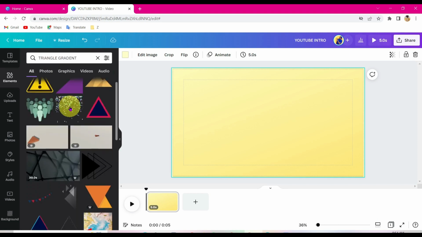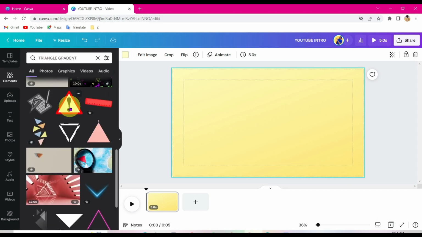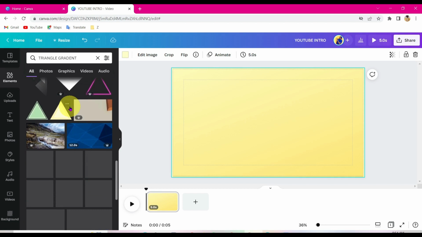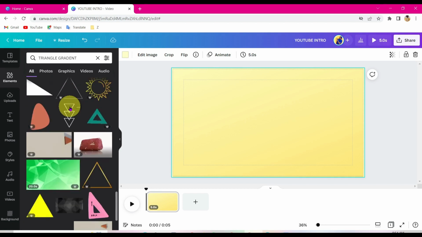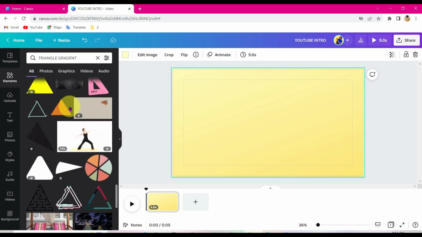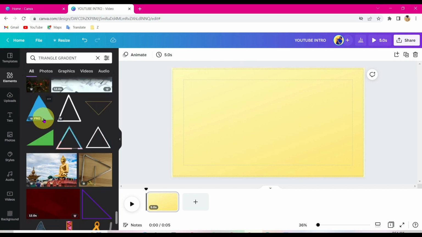You can see there's a lot of triangles that I can choose from. Let me look for one that will be perfect for my intro. I'm going to select this one. This one is for pro users, so if you don't have a pro account, you can select the one that does not have any crown on it. So I'm going to select this one